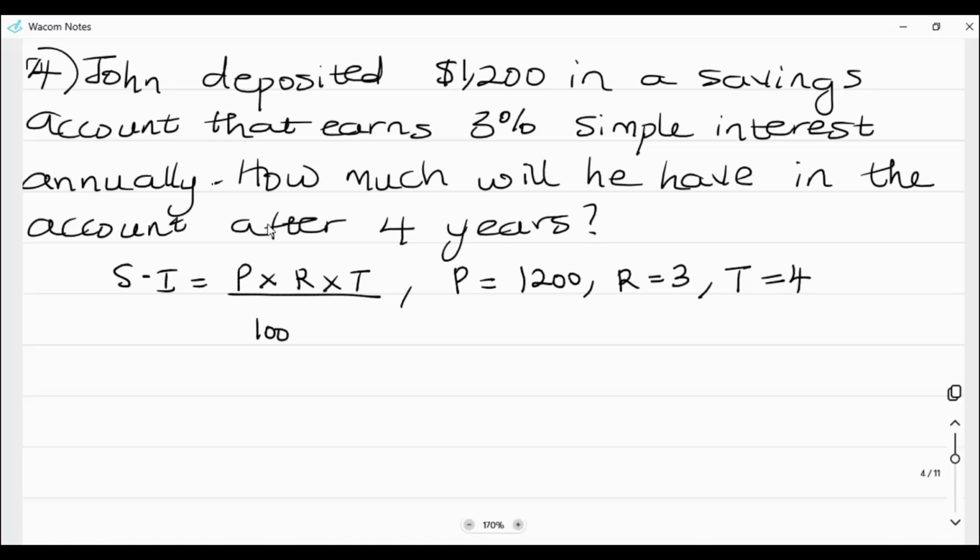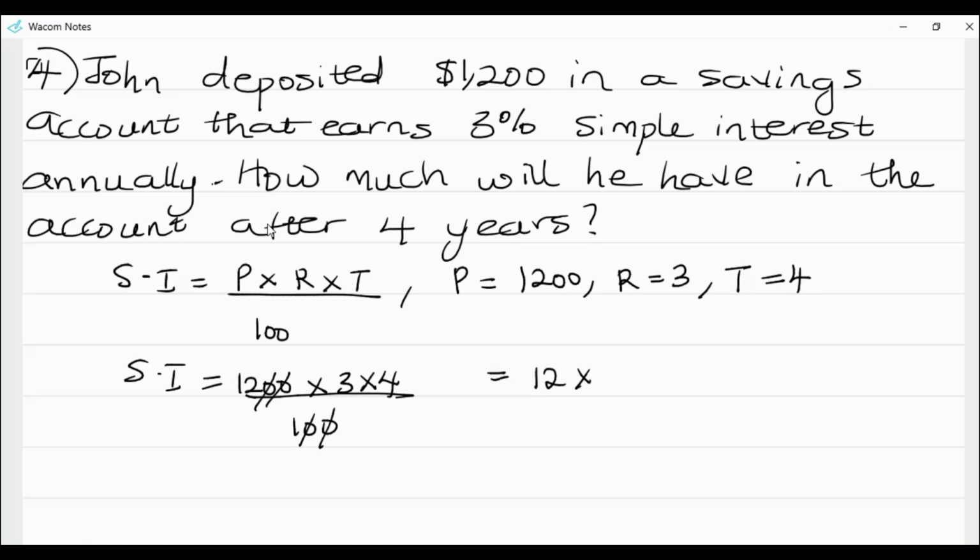Okay, so let's simply add this together. So we have that SI is equal to 1,200 times 3 times 4 divided by 100. This is going to cancel out this, and we have 12 times 3 times 4, and we have the simple interest to be